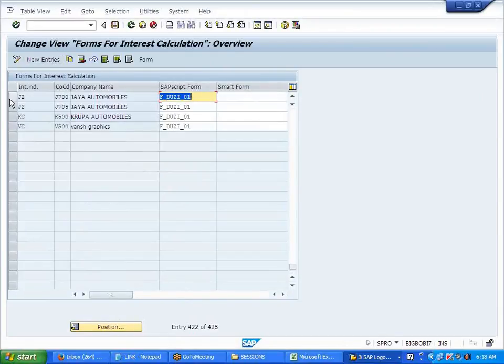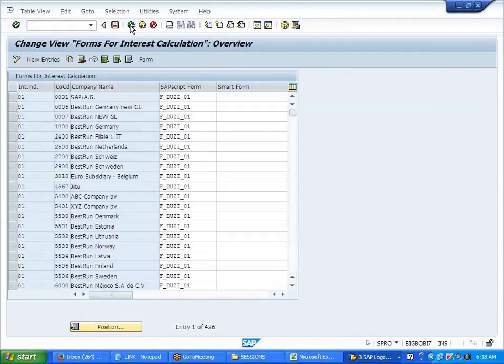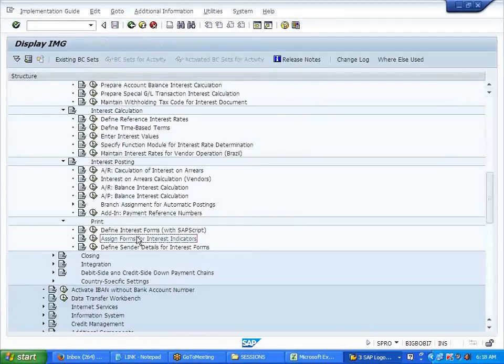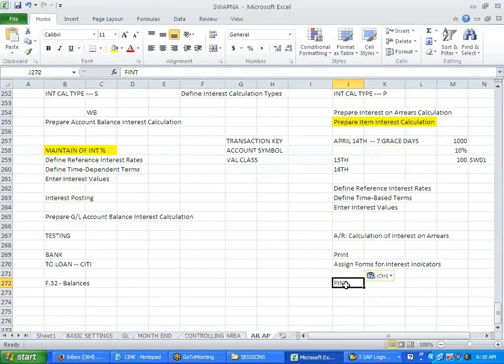Let me copy this, or you create new entries, otherwise you will get confused. WC, company code SW01, form, save it. Now we'll try to test this.